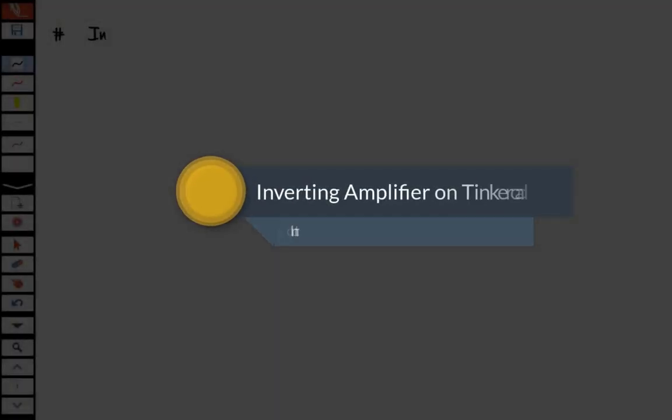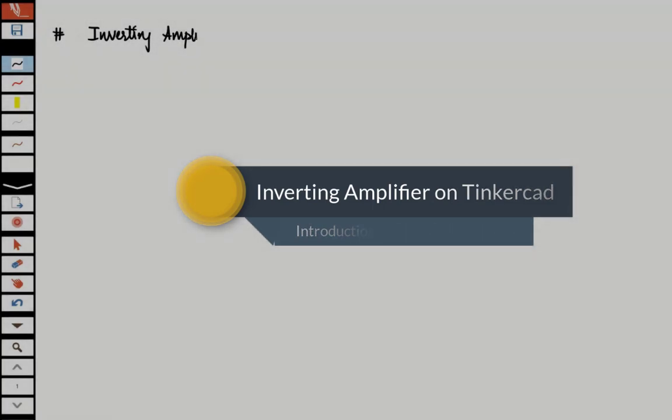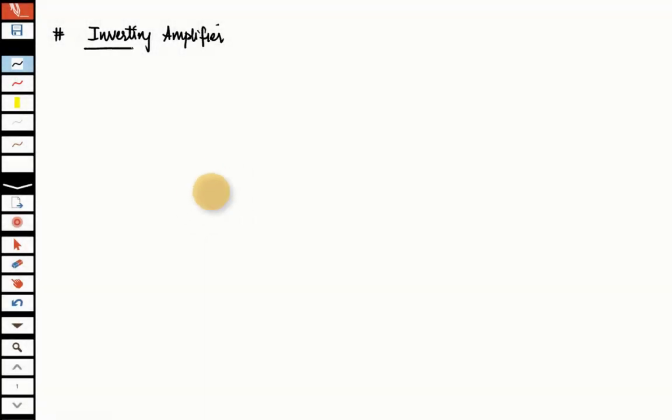My task is to make a simple inverting amplifier on Tinkercad. Let us say it says, let the gain of this amplifier be -5. That means I only know the gain. The choice of resistors is completely up to me.